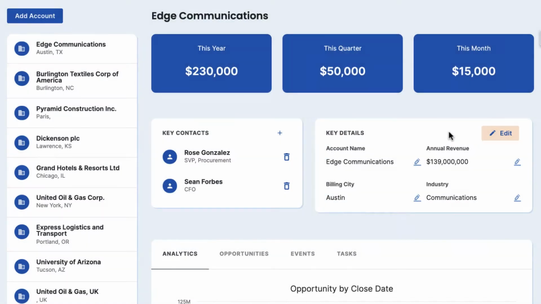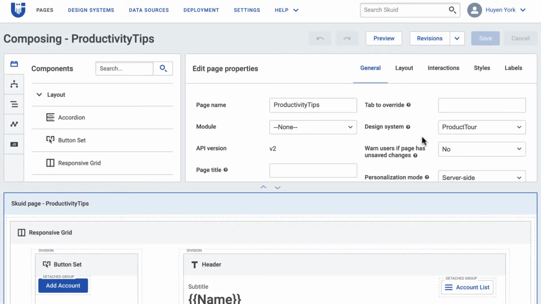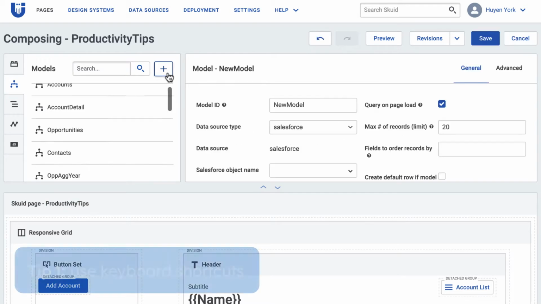In this video, let's look at some shortcuts and time-saving tips that you can implement today as you're building your Squid apps. Maybe you've used some of these tricks before, and maybe some of them are new to you. If you have other Squid productivity tips, head over to our Squid community and share the wealth with other fellow Squid builders.